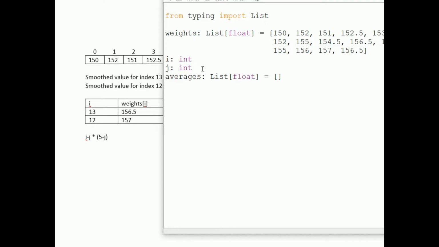Now we haven't discussed whether we're doing the entire list or just the last 14 values. We haven't discussed how we'll compute the first 4 values as a special case. So I'll just skip the first 4 values for now and do the rest of my list. So I'm going to write for i in range(len(weights)):